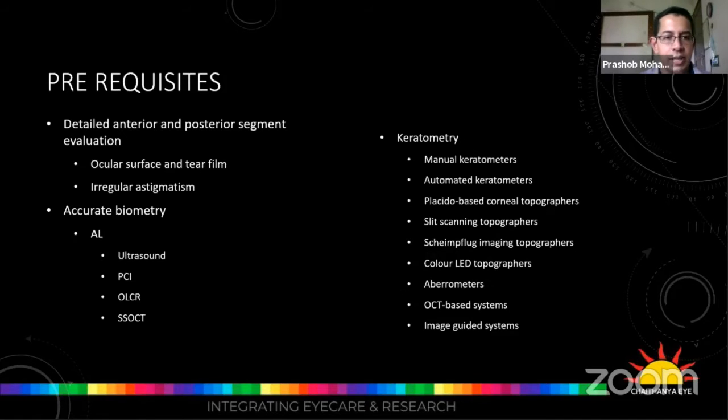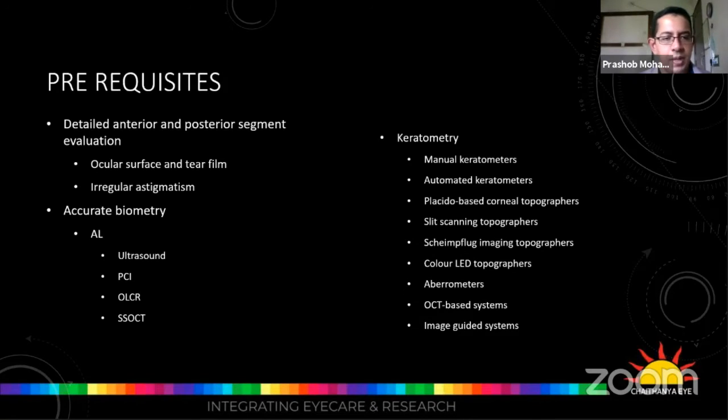And try and avoid irregular astigmatism, highly irregular astigmatism. Try and avoid implanting toric IOLs in highly irregular astigmatism. Why? Because irregular astigmatism cannot be fully corrected by a toric IOL. And if the patient has significant irregular astigmatism even after your toric IOL, then the next option is to go for a rigid gas permeable or a scleral contact lens. But however, if you put a rigid contact lens, the astigmatism that you have induced with your toric IOL will remain. So you'll have to go for a toric RGP, which complicates the situation further.